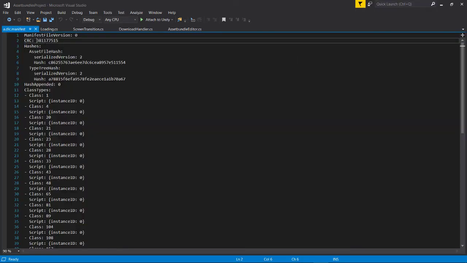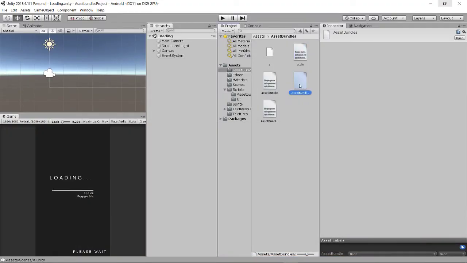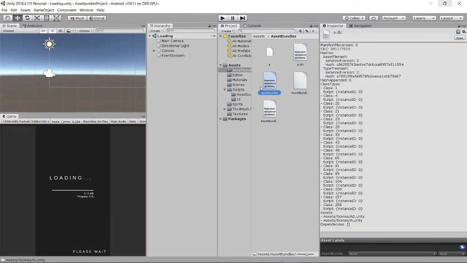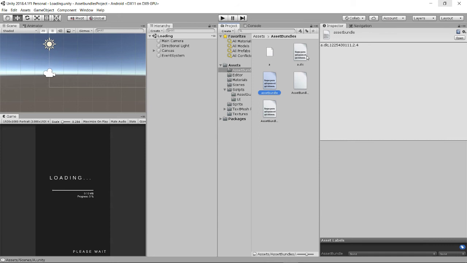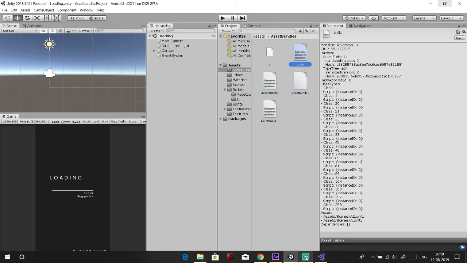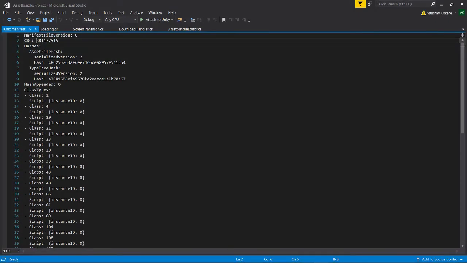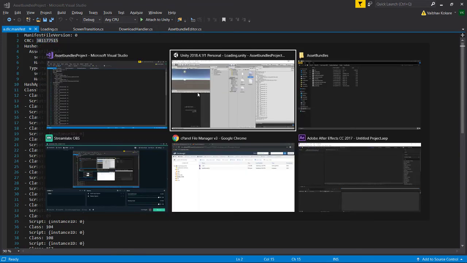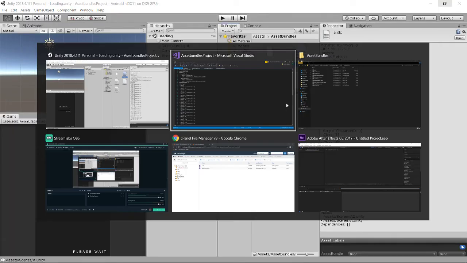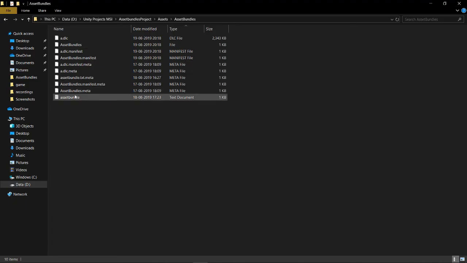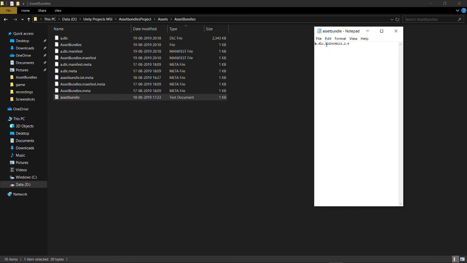So you can see it has been changed. You can also see it here. The number is not the same. See this number and this number. So what I'll do is copy this CRC. I copied it and I'll put it in the .txt. I just have to replace this. I'll paste it here and then save it.